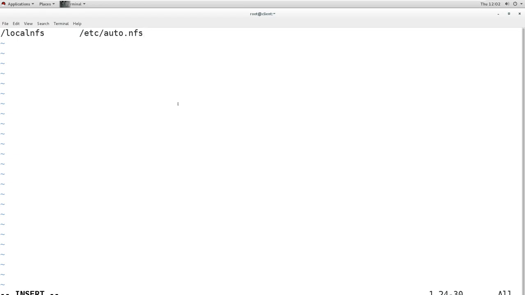Under this file I will mention the other options for the mounting: the mount point, the mount options, and the location of the NFS share. Now in this file we don't have to mention anything else. Just like this, we can add more entries here. We can add more entries for other directories in a single file, or we can make multiple different files for the different share points or mount points. We have only one directory, so I'm not adding any other option, and I will save it.